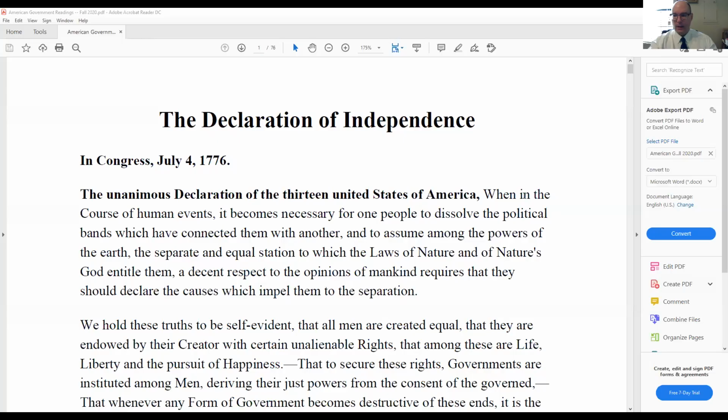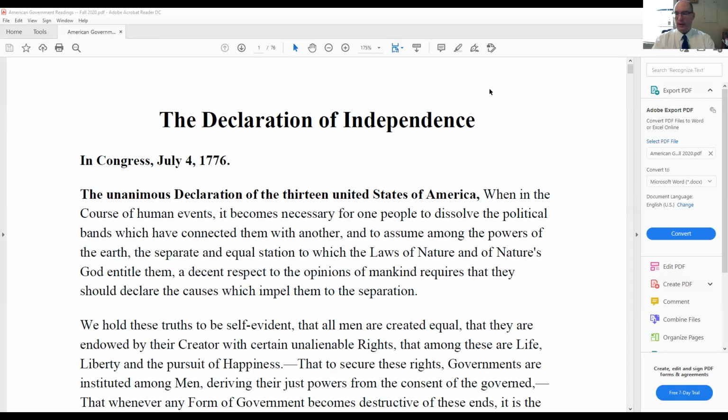Okay, so welcome to our lecture on the Declaration of Independence. Again, I will try to go through this relatively quickly, but the way that I do this is somewhat specific, maybe not exactly like you might find in other places, and this is going to have a lot to do with your short essay and other things like that, okay? So let's get into it here.